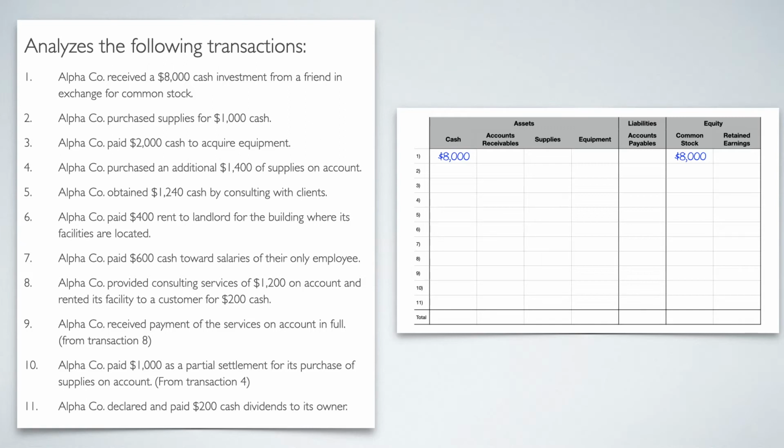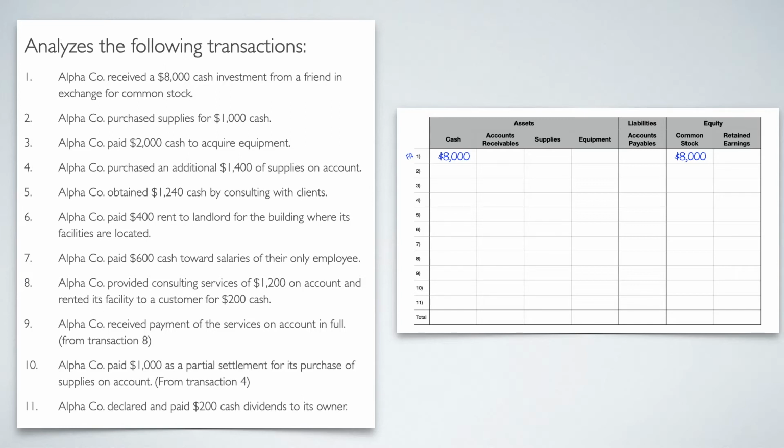Remember, we talked about those three activities that are on the statement of cash flow. We've got operating activity, investing activity, and financing activity. So I'm just going to go ahead and let myself know this is dealing with investors and creditors. This is cash coming in from investors and creditors. So this would be a financing activity. So I'm just going to put a little FA to the side that says, hey, this is financing activity. And that is transaction one.